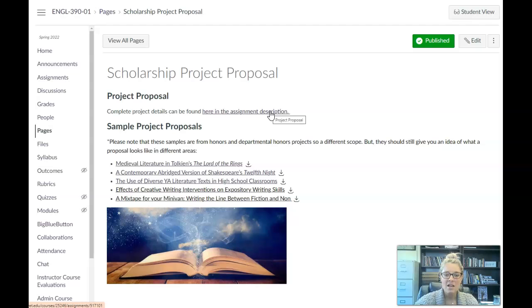That's kind of starting broadly, but then you may narrow down and say, I'm interested in young adult literature, and I'm interested in issues of identity and identity formation among high school students and how we might use young adult literature to do so. Then you'll do a review of literature, so you're going to do a lot of reading of primary research first, where you're going to find out what's already been found on that topic, what have experts already said,